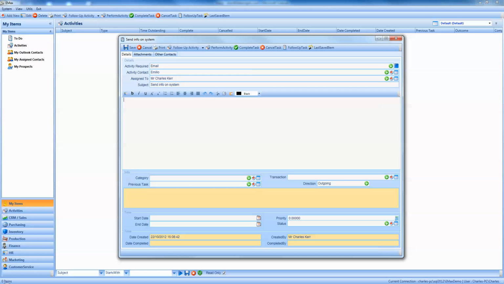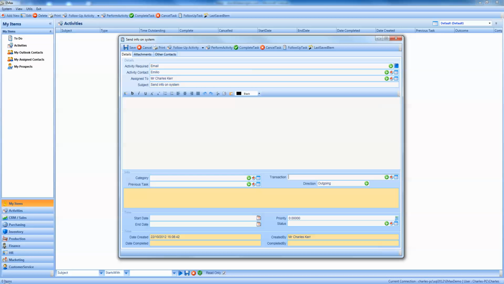The category just allows you to categorize your emails. You may want to put this into a category of sales emails. It could be that you were at a trade show and you want to categorize this as all the communications that have come from that particular trade show. Now, the category is on every activity, so it's on appointments, it's on phone calls, it's on emails, so you can actually categorize everything. Transaction, these are the sales orders, works orders, invoices, purchase orders, absolutely every transaction within the